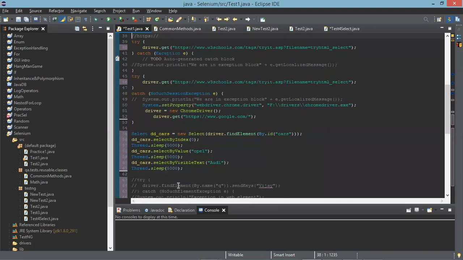Execute this and see it fails actually. Execute. It fails. An expected failure is there.